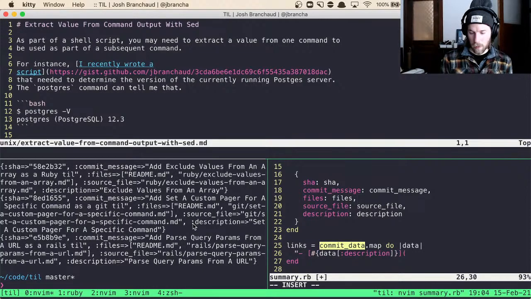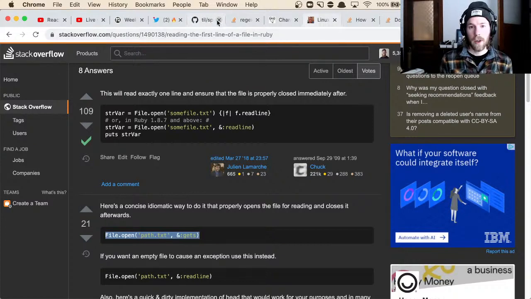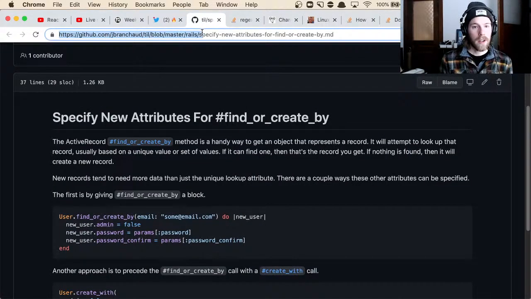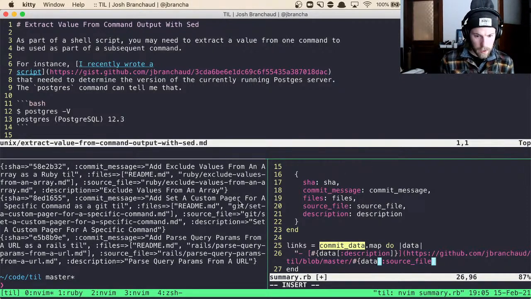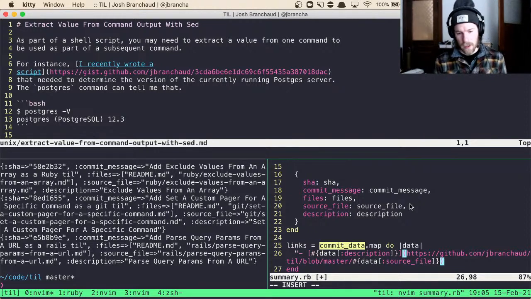Then we're going to close that and we're going to open up the link part. And this, before I forget, is where this part of the URL is going to come in. So we'll do that whole thing, and then we'll put in data source file. Yeah, that looks right. Close that up, close the quote there, and then